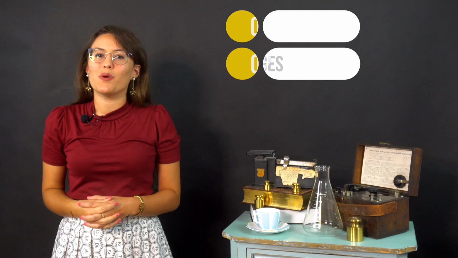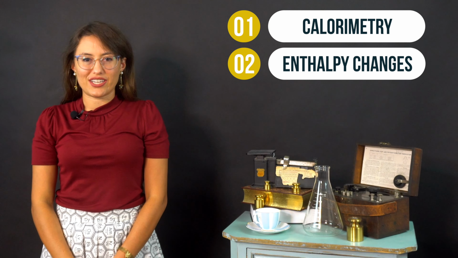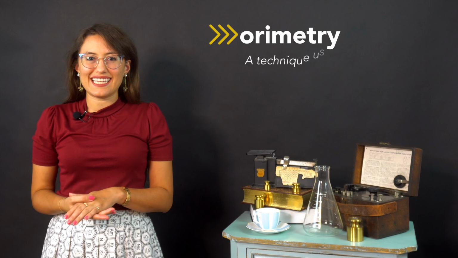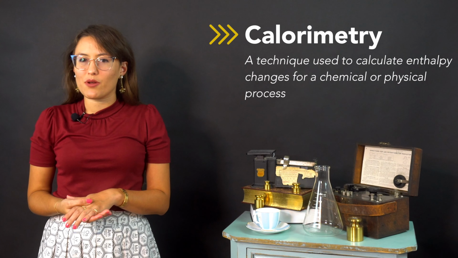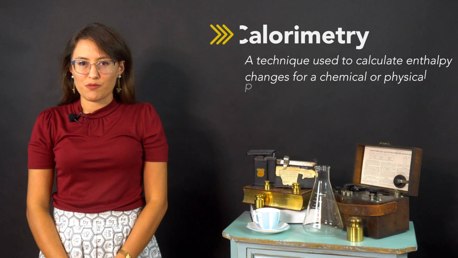In today's discussion, we'll be discussing calorimetry and how to use this technique to calculate enthalpy changes. Calorimetry is a technique used to calculate enthalpy changes for a chemical or physical process, and the devices used are referred to as calorimeters. Some important terms that we need to define before moving forward are heat capacity, which is